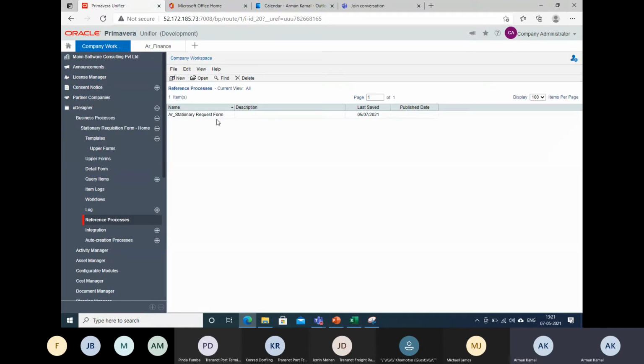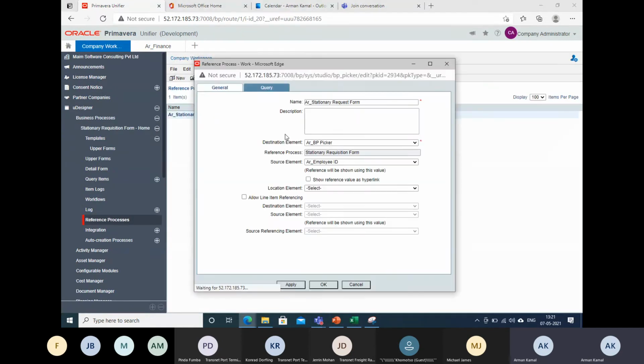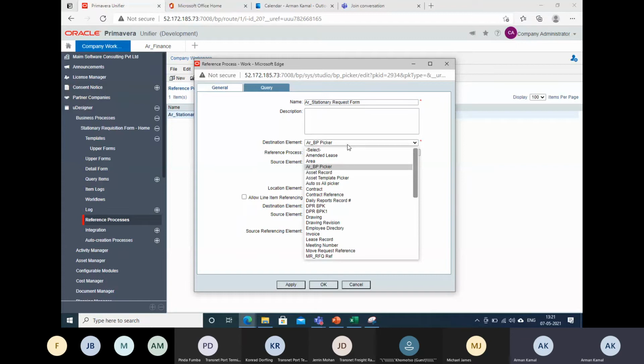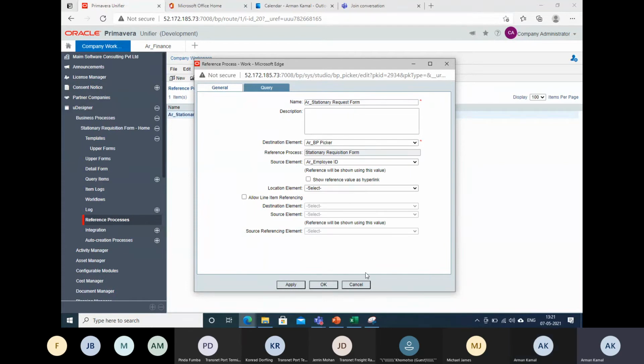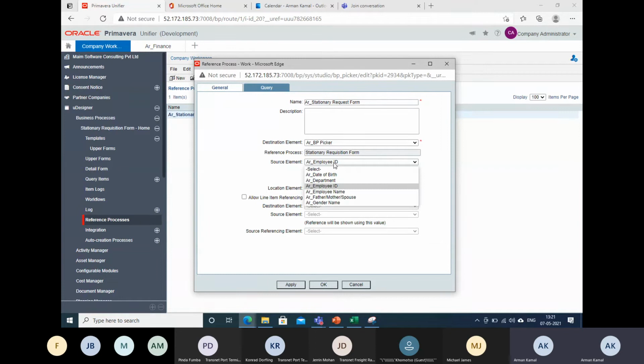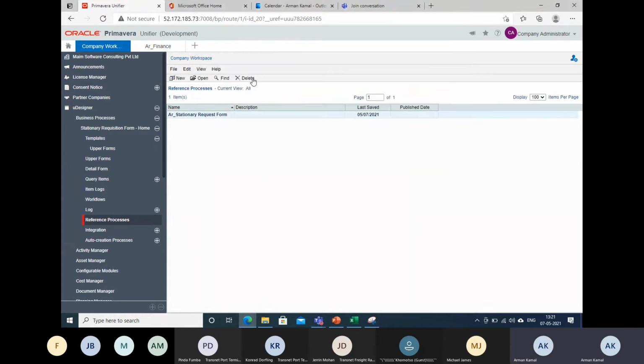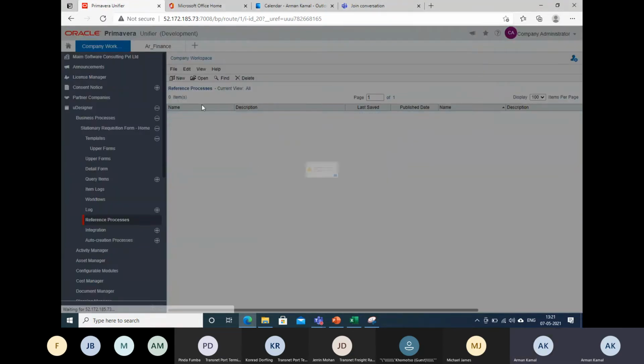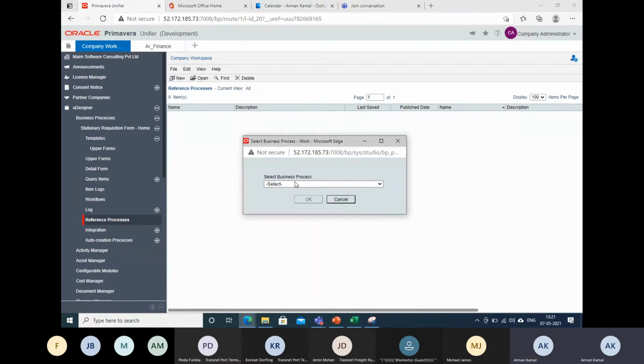I need to go to this reference process. First I need to give the second employee ID. Okay, let me delete this first, and let me create a new one.